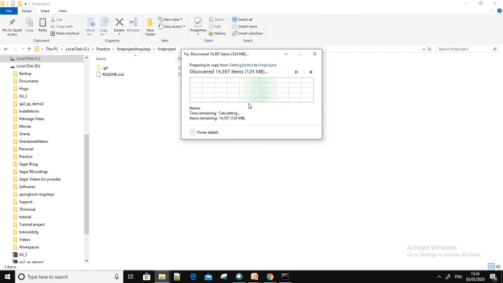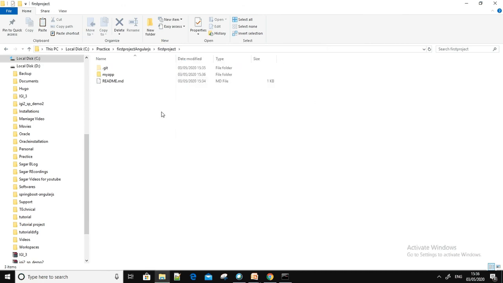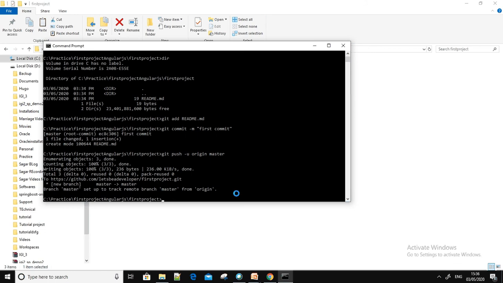The copy will start. It will take a lot of time, because you can see that more than 400 MB of stuff is there, since I have also copied the node modules. Once the copying started, I canceled it because I don't want all the things to be copied for a demo. But you do copy everything and then start committing your changes.